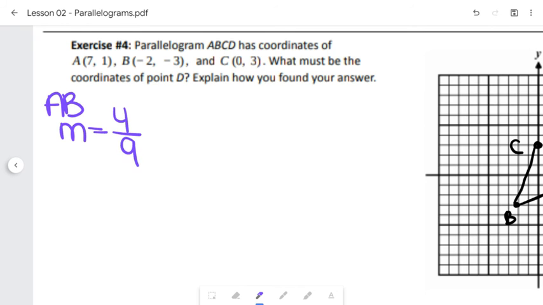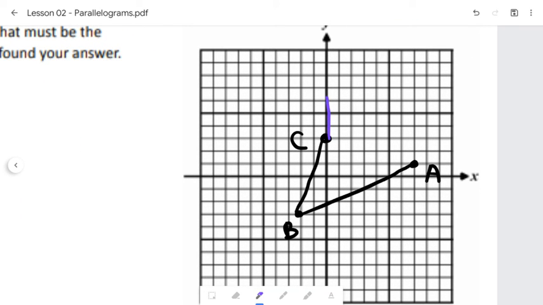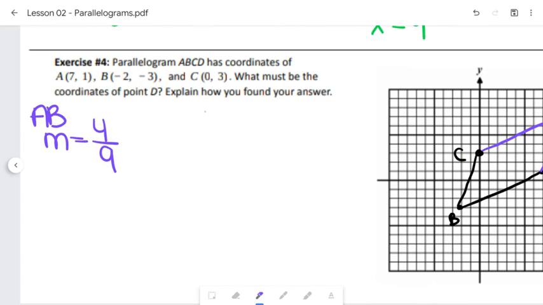I have to do that same exact slope from C. So from B to A, when I read this, I had that slope of 4, 9. Then I'm going to do the same thing from C. So I'm going to count up 4 over 9. That's going to be the point that makes this a parallelogram. Okay, so it already looks the part, right? Because now CD has a slope of 4, 9,